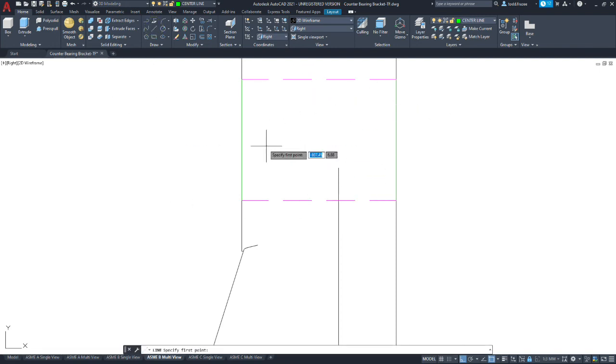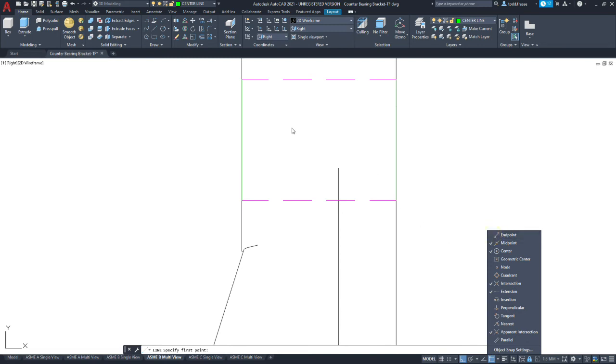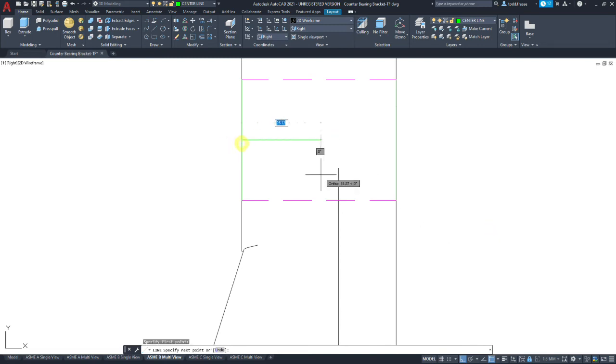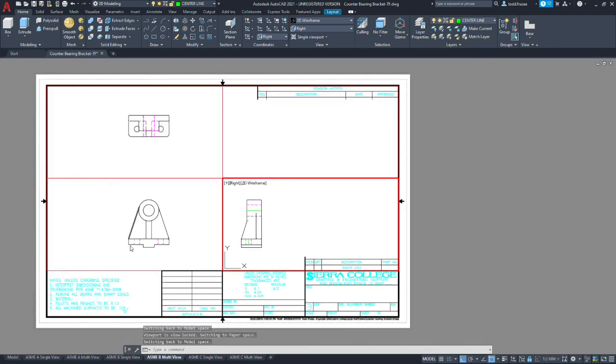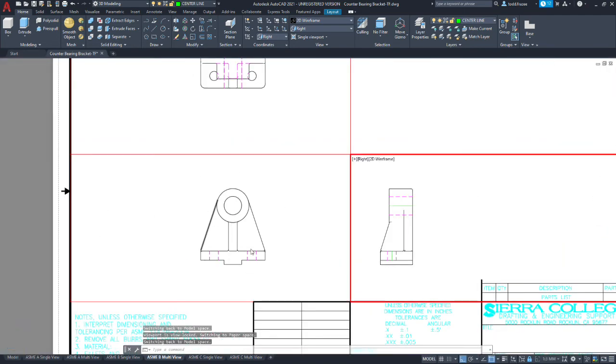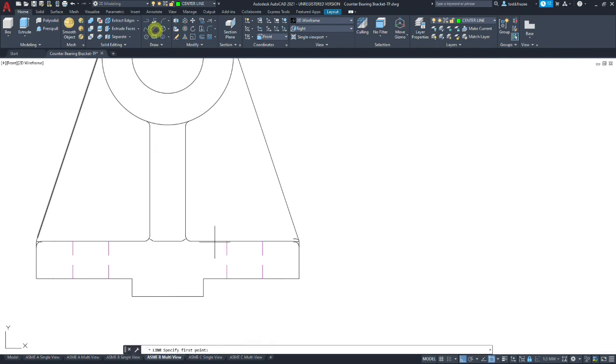So I drew a line from either end, defining where the center is going to be, and I'm looking for midpoints now. So I'm going to disable endpoint because it's conflicting, and I'm going to go from midpoint to midpoint. And after I have those created, I can now go back and delete my construction lines. Now we're going to go to the front view, and we're going to do more or less the same thing.